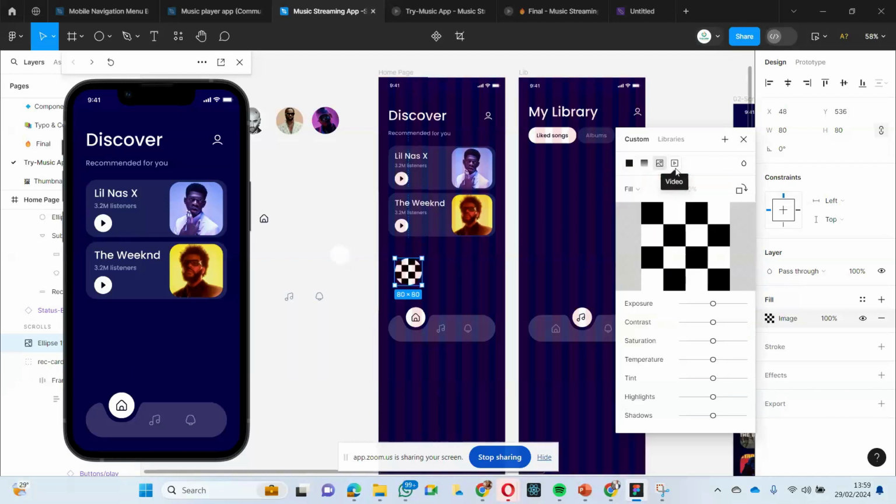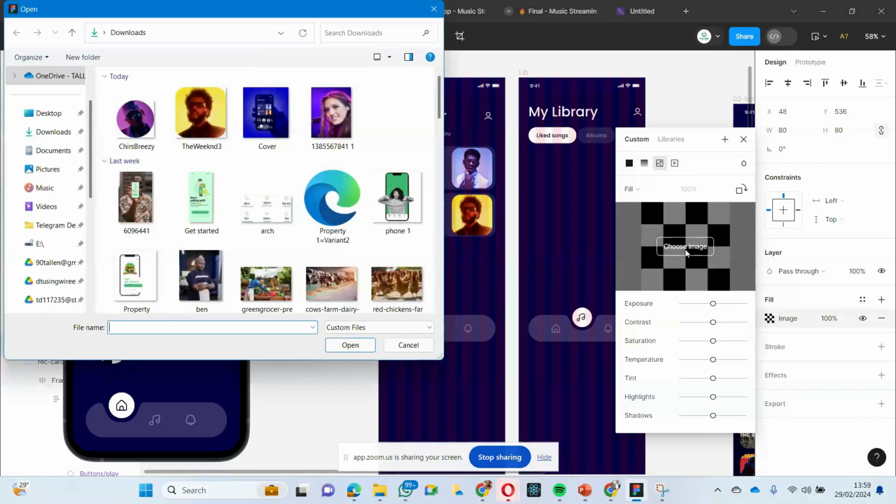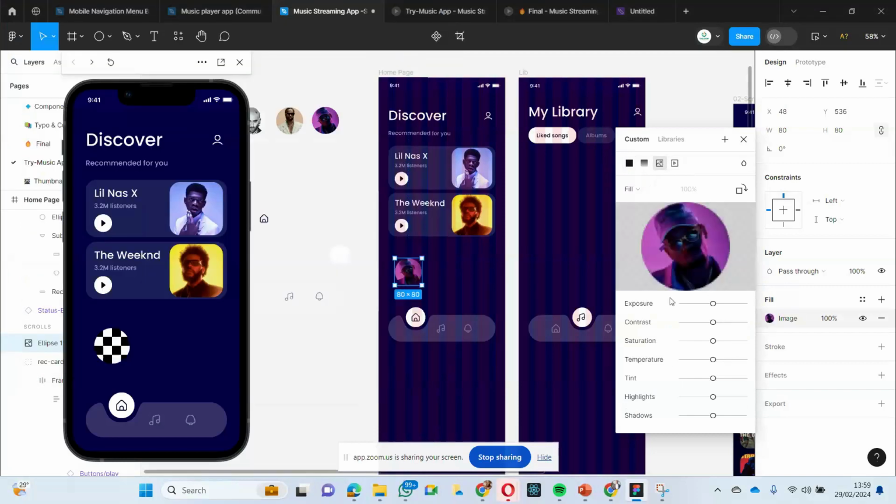After clicking on image, you can even see that it has changed to pixels. Then I choose image from your computer, then I select this. This is the image I want to use. Put it there. By default, it is fill. Yeah, it should be fill. Or if I say fit,